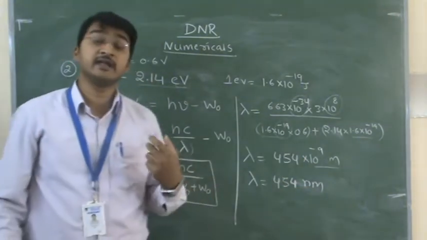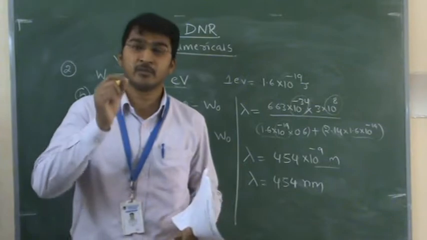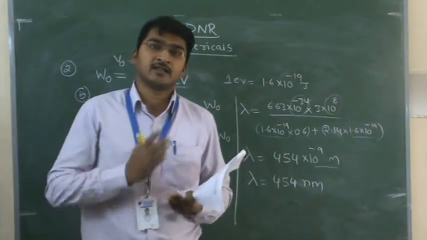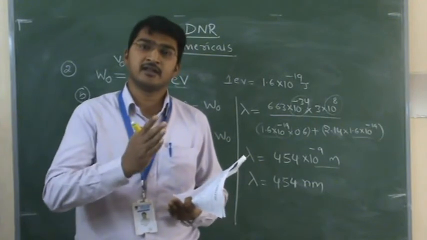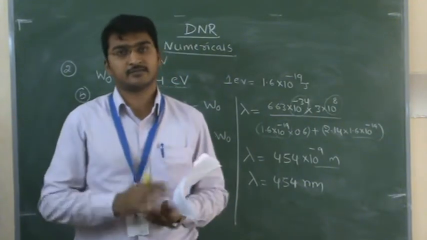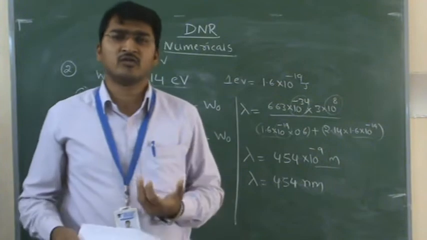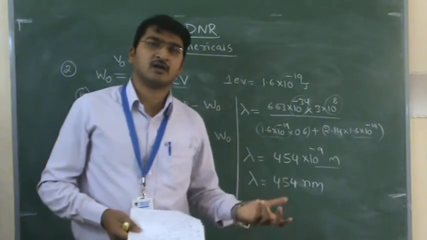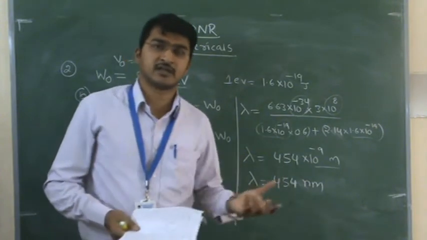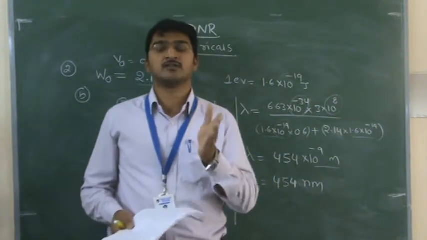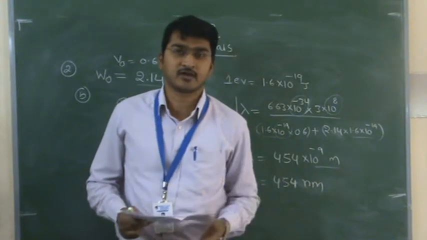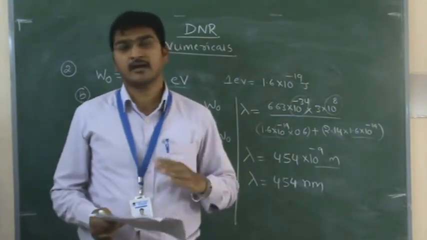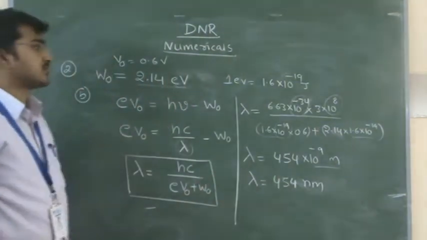While you are finding lambda, remember, that's a very important point, you should mention the wavelength either in angstrom or nanometer. Because we know these two units very well, angstroms and nanometers. Most of the time we will see these two units in books. So that's why it is better to keep lambda in either nanometer or angstrom. Okay, so these are separate.